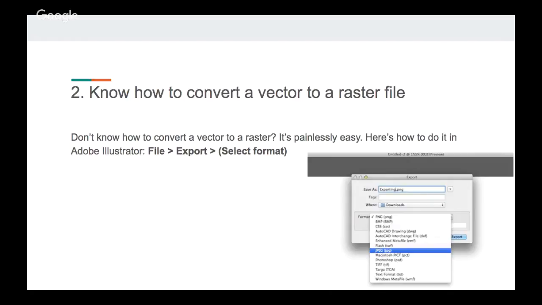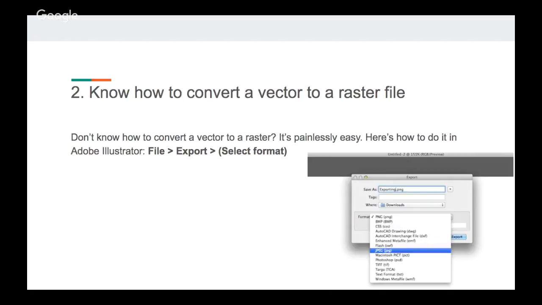Go to File, Export, then select the file format. It's much easier to convert a vector file to a raster file than it is a raster into a vector. To learn how to use Adobe Illustrator's Live Trace to do so,